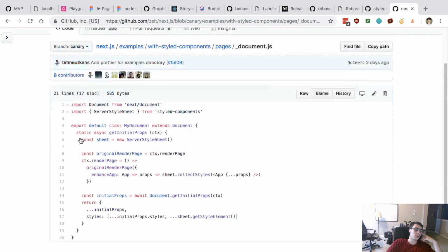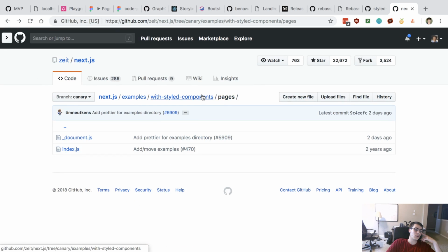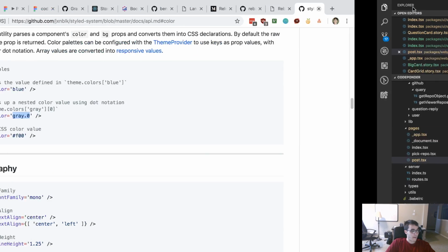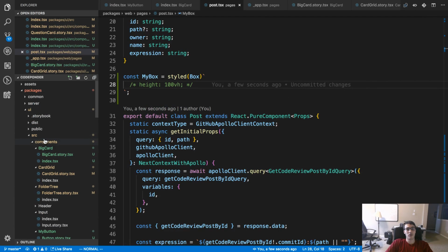Documents. Yeah, they're not using it. Alright, let's just do that for now.